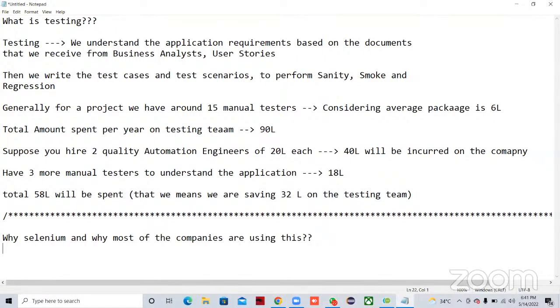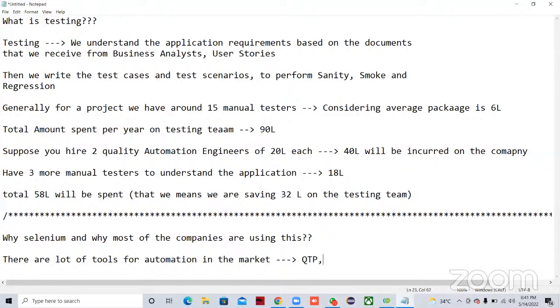This is the question that we always receive from the market. Why only Selenium? The reason is there are a lot of tools for automation in the market,